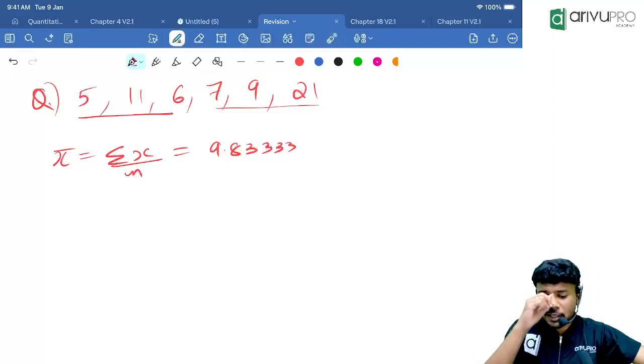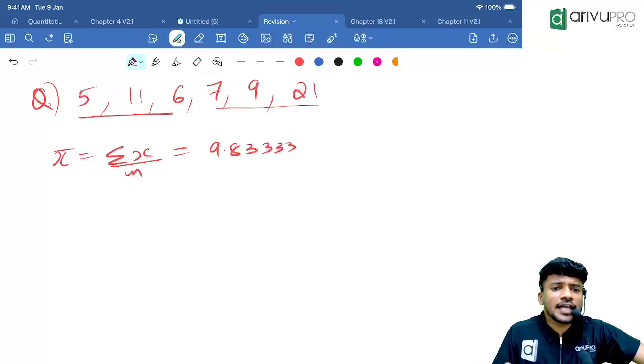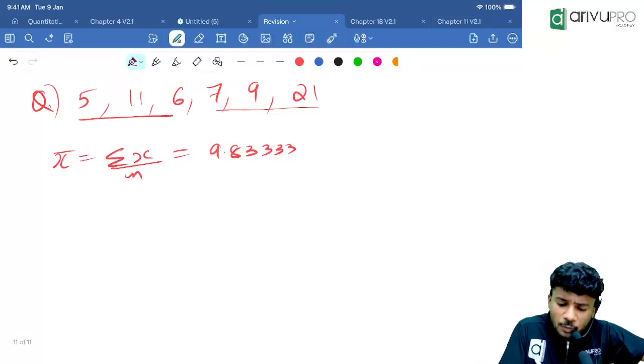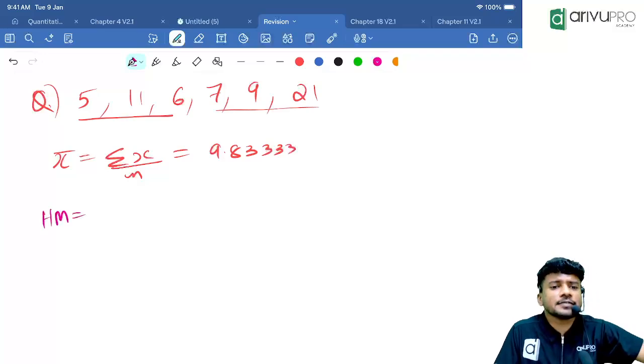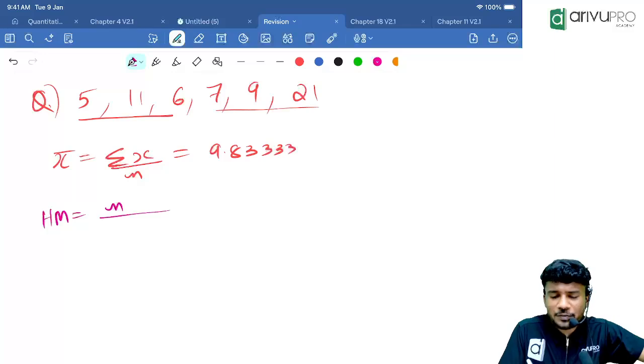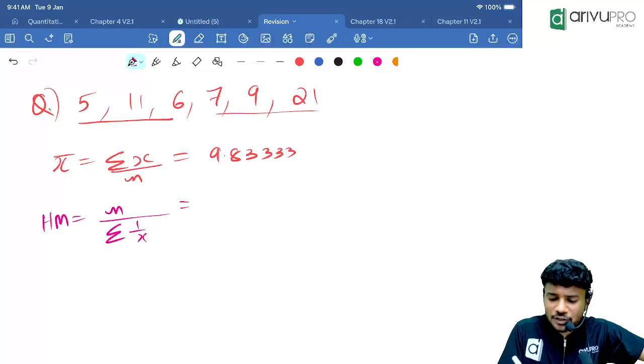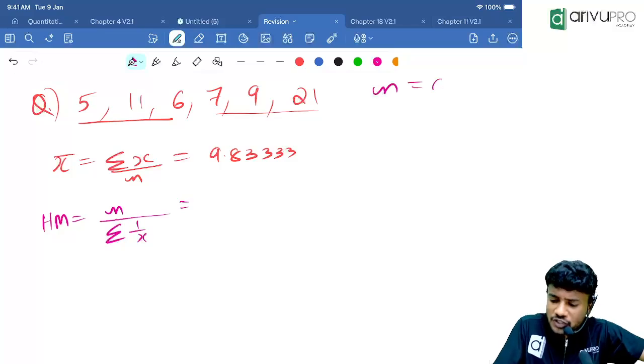Then with the same question, can you find me the value of harmonic mean? HM. What is the formula for HM? N divided by summation of 1 by x. Correct? So n is how much over here? N is nothing but 6. So 6 divided by,